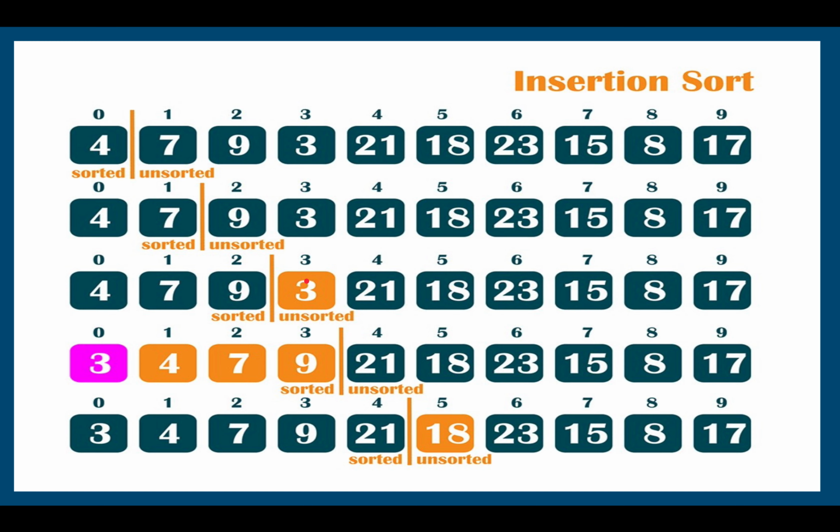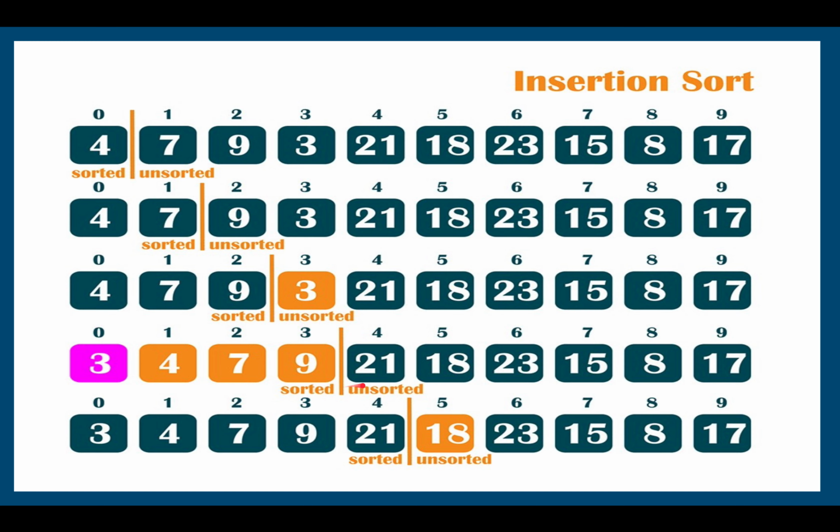9 is moved, and the 3 we have saved somewhere else. Now, is 3 smaller than the 7? Yes, move 7 to its next position. Is 3 smaller than the 4? Yes, move 4 to the next position. Now this position is free, and here the 3 we can insert directly. So at any particular point of time, whenever you are at a current element, you know that all the elements before that are sorted, and the current element I have to insert at the right position, and that's what the insertion sort is. You are inserting the current element at its right position.